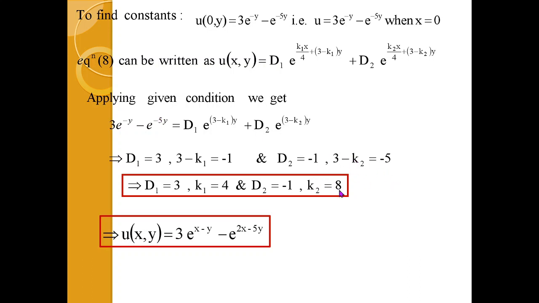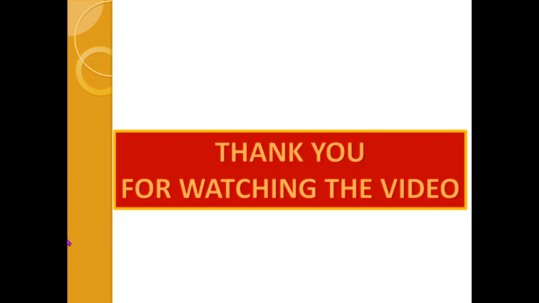From this we will obtain k2 and k1. So we get such type of expression. Put this in this solution. Remember, this is the general solution, the latest general solution. Put the values accordingly and get the required particular solution. So I hope the method is lengthy, but it is not difficult to understand. So apply. The steps are clear and they are sequentially arranged. So try to obtain solutions by making use of the method of separation of variables. So thank you for watching the video.